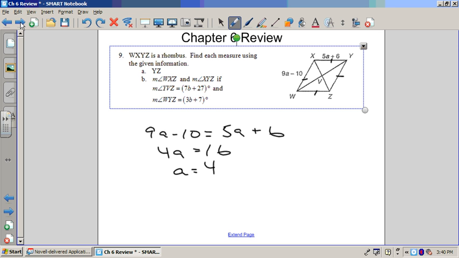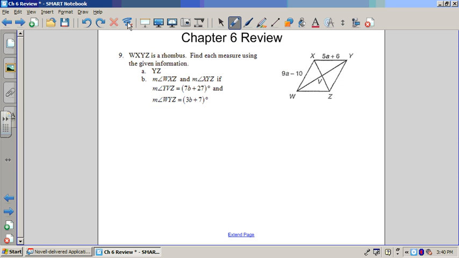If a equals 4, 9 times 4 is 36, minus 10 is 26. By the way, 5 times 4 is 20, plus 6 is 26. YZ is 26. The measure of WXZ, by the way, let me clear this out and do it again. It's 26. The measure of WXZ, which is this angle, and the measure of XYZ, which is this big angle,